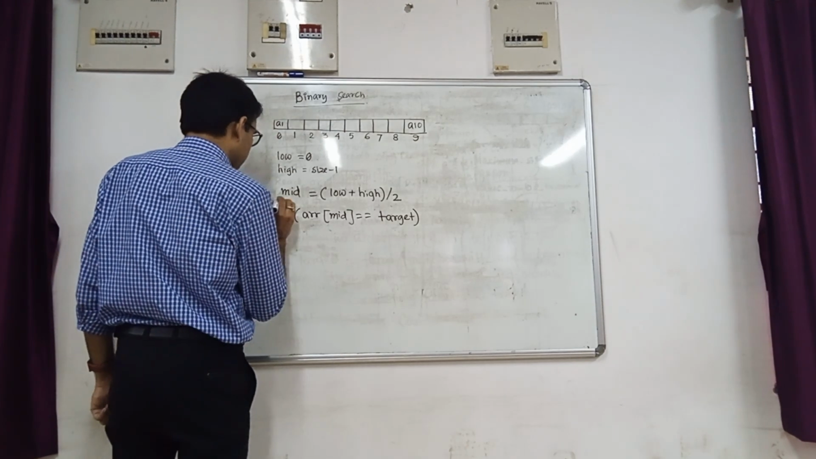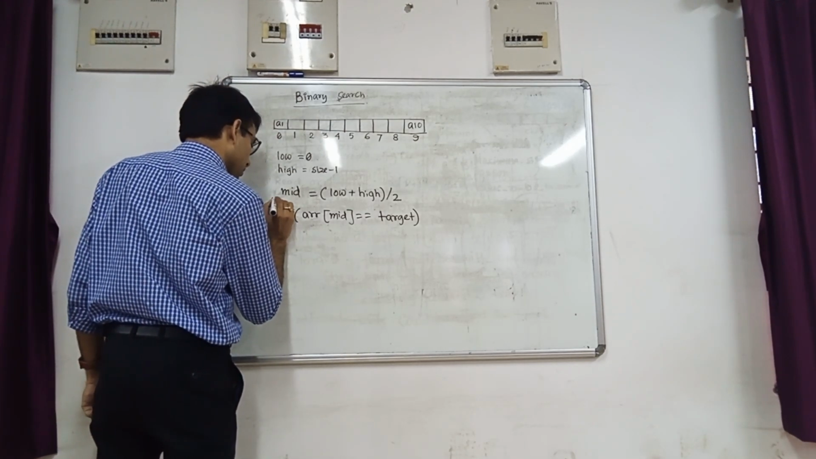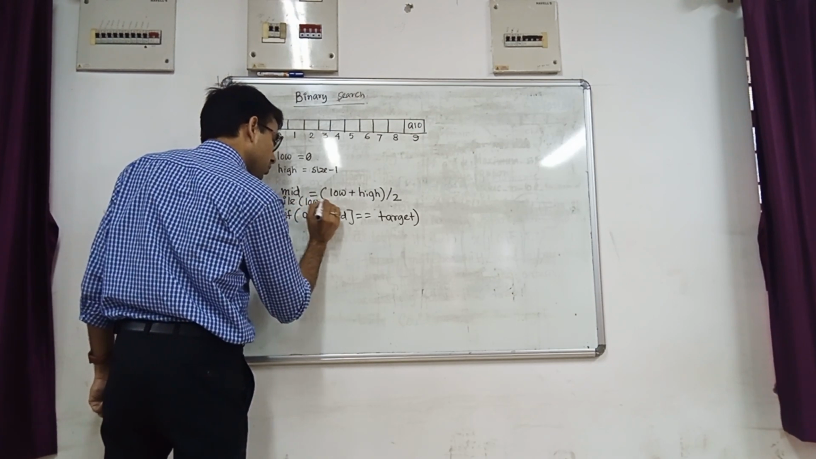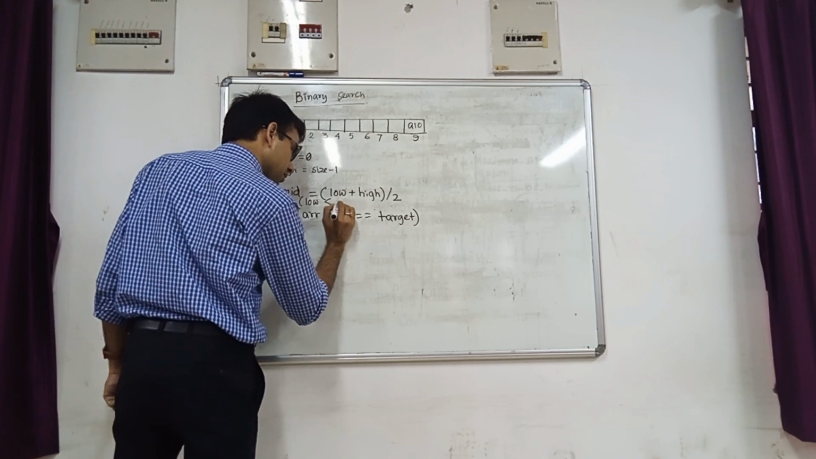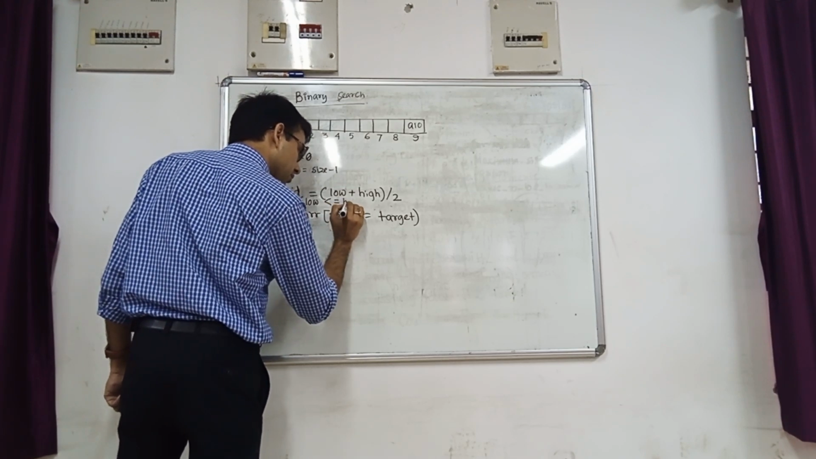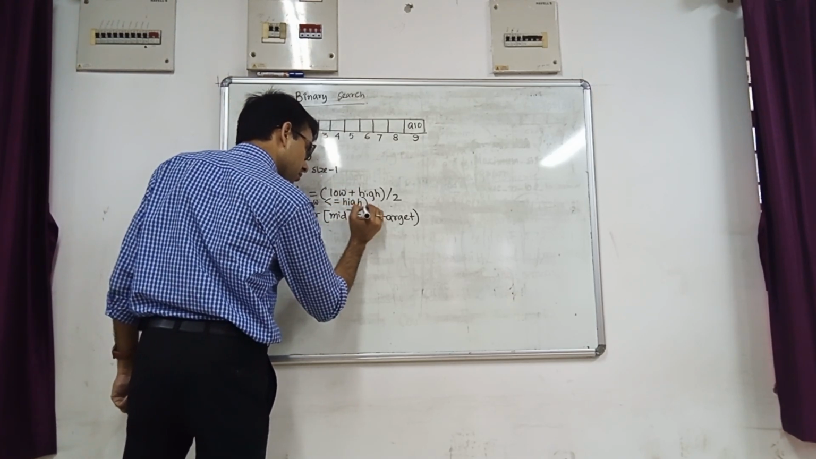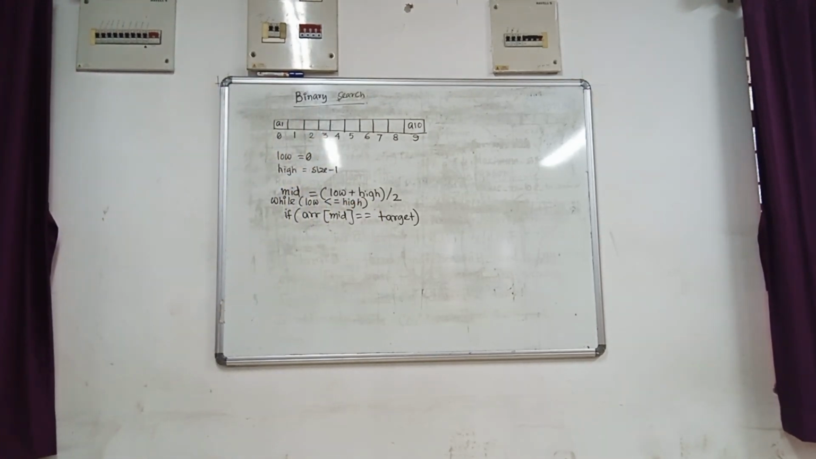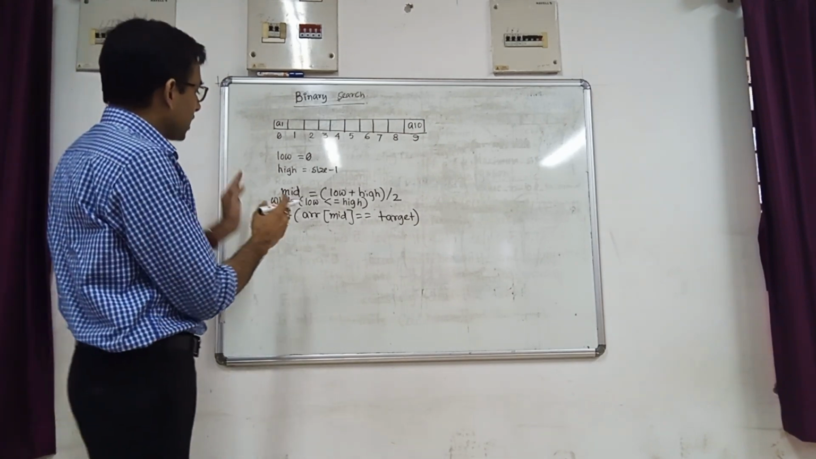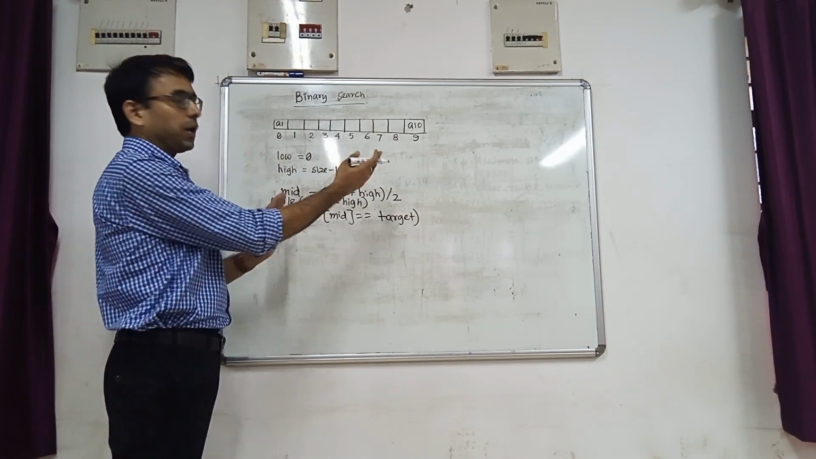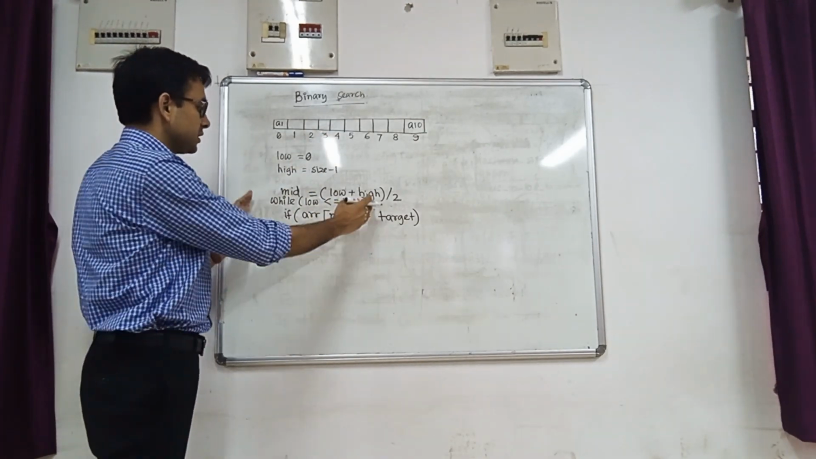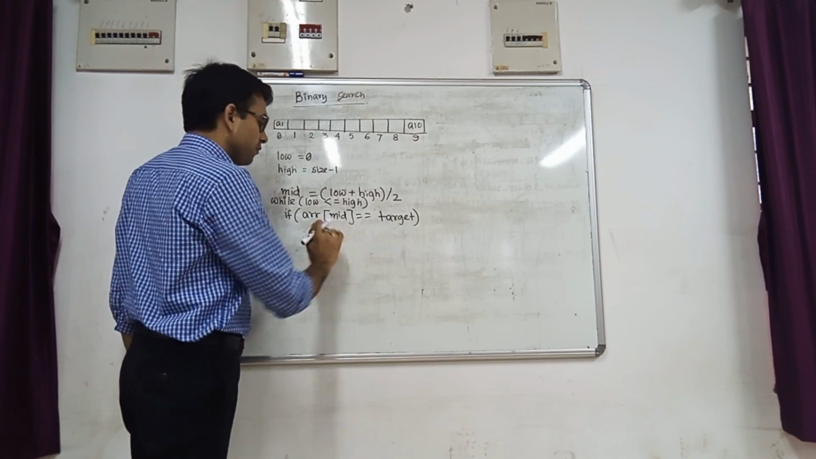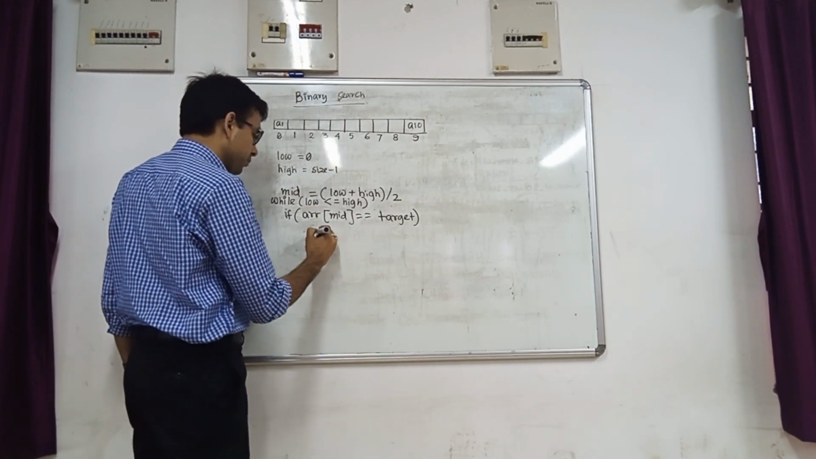So you have to write while low is less than equal to high, right? So that will be a check always. So that means this counting will be always from lower to higher, right? That is a check. So if this is, then we will write, as earlier,